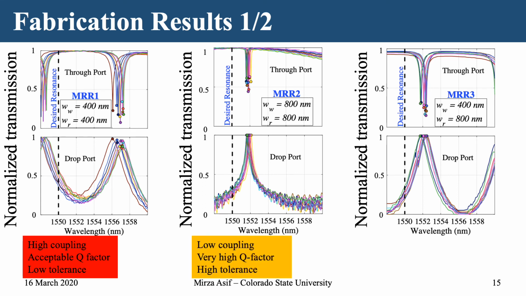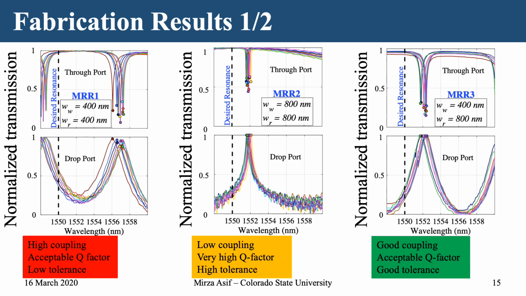Similarly, when we look at a microring resonator with 800 nanometers input and ring waveguide width, we see that the coupling is low, with high Q factor and high tolerance. A good trade-off between these parameters is given by microring resonator 3, where we can see good coupling, acceptable Q factor, which is much better than microring 1, and